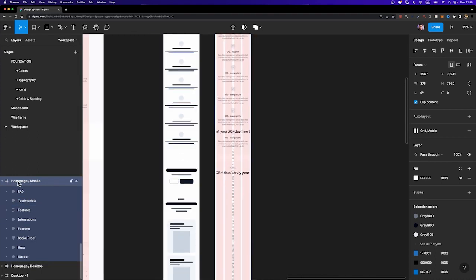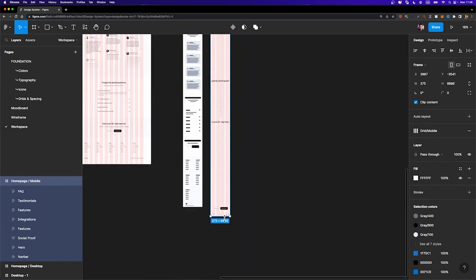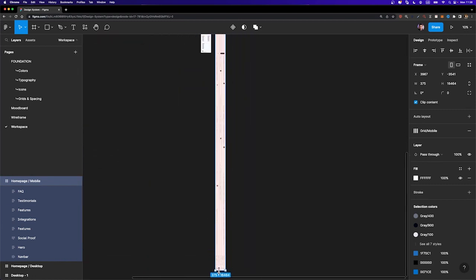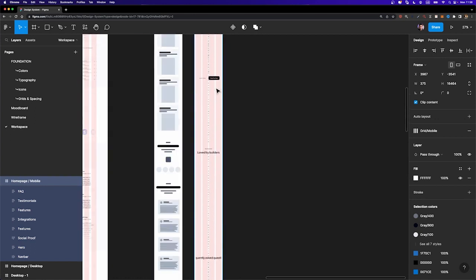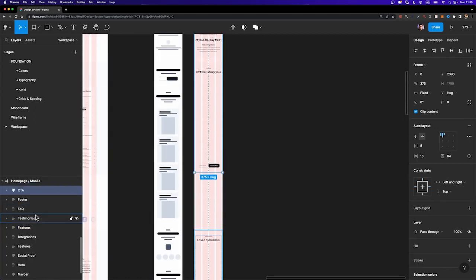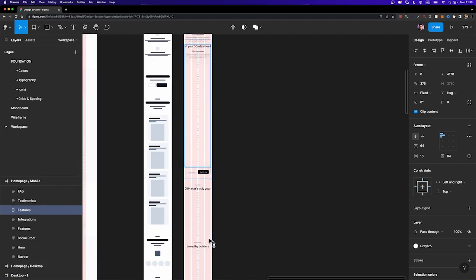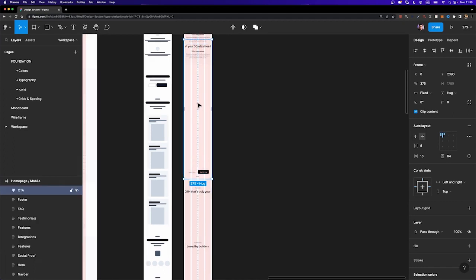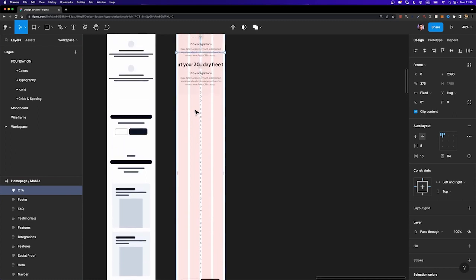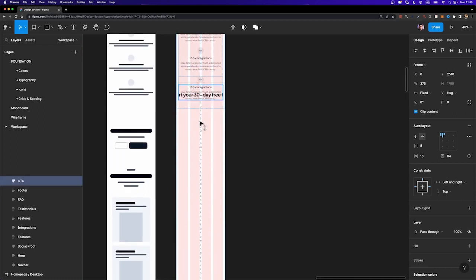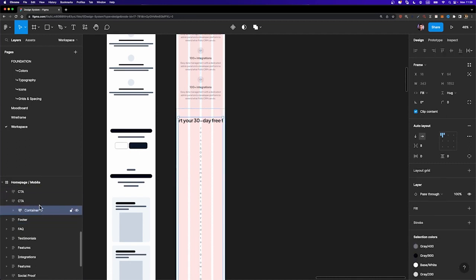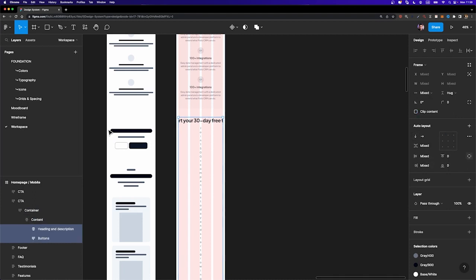I'm going to select this mobile screen and just increase its height like this. And I'm just going to move these sections down a little bit. So I'm going to select the second features section, which is this one, and just move it down like this. And now I'm going to select the CTA section and let's start working on it. I'm going to move it down a little bit like this. I'm going to hit enter to select the container. Everything looks good here. I'm going to hit enter again to select the content frame and hit enter again to